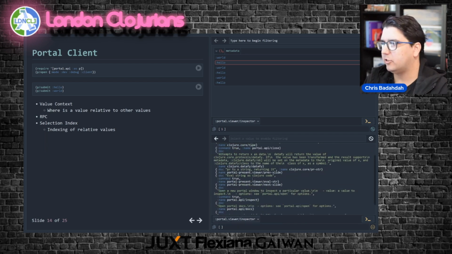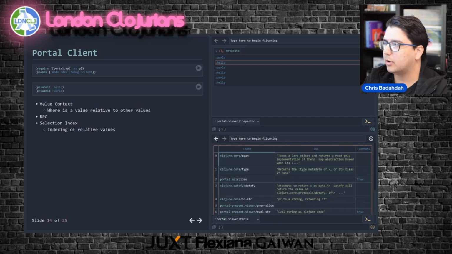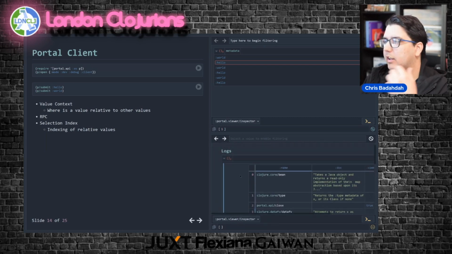If we preprint it, you can just see it's a list of maps, right? Active table. So it's very easy to introspect on the state and what's happening if you just datafy everything.